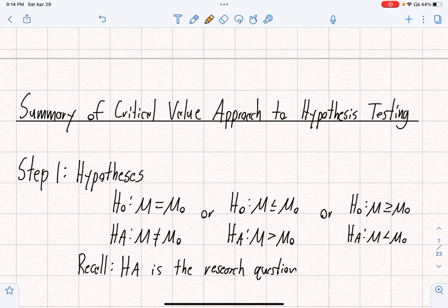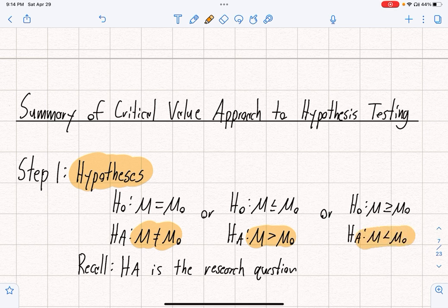Okay, so the first step, let's just recall. Step one was to create our hypotheses. So it could come in three different flavors. One is a two-sided test where we're testing whether mu is different from some hypothesized value. Or we have two versions of a one-sided test. We could either say mu is bigger than some hypothesized value, or we could say mu is less than some